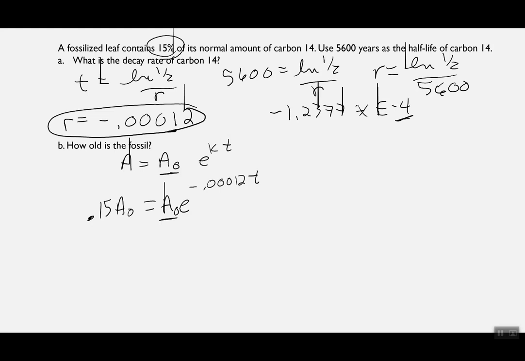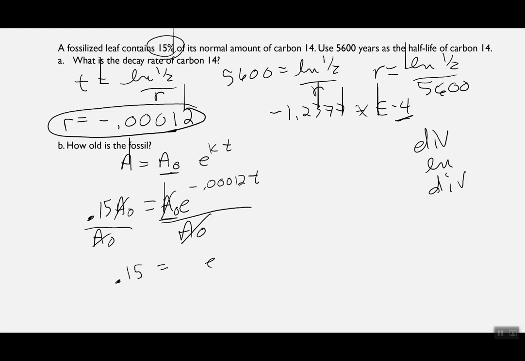Okay, so we took a lot of steps to get here, but I want you to know these are my same steps: divide, log, divide. So step 1, divide. What am I dividing by? I'm dividing by A naught. So it's going to cancel on the left, and luckily it will also cancel on the right. That's how we're able to solve this question, is that the A naught disappears. So now I have this nice little 0.15 equals e to the negative